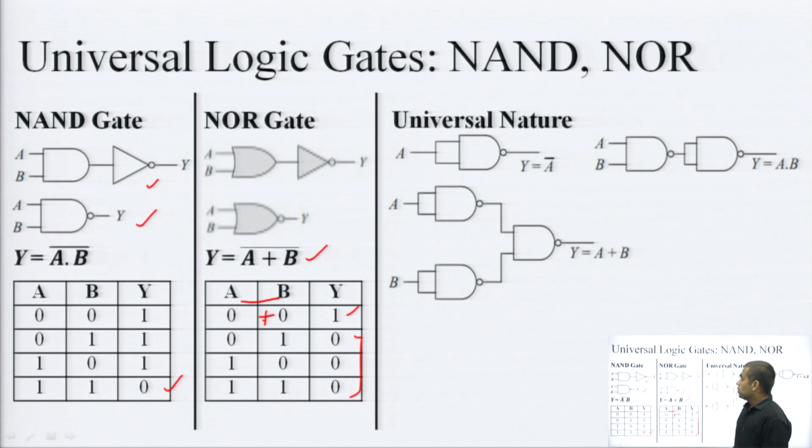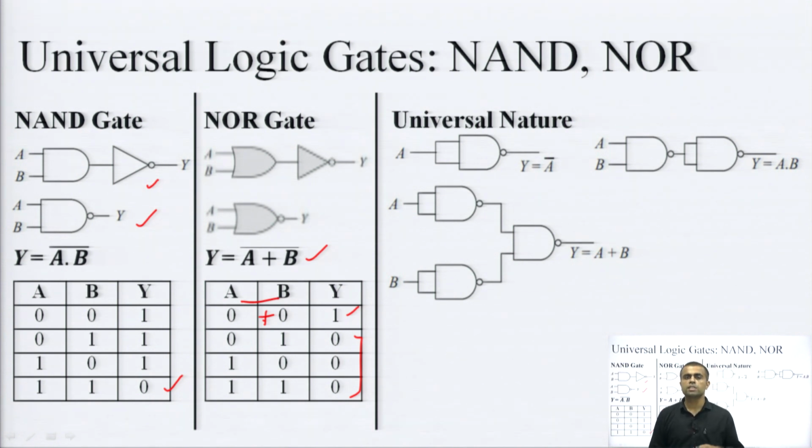Now, these NAND and NOR gates are also termed as universal gates. Why are these called universal gates? Because any other gate can be designed using these gates. That means, I can design a NOT gate, I can design an AND gate, I can design an OR gate, and 2 more gates are there: I can design a NOR using NAND, and I can design a NAND using NOR. So, all these gates can be designed using NAND only or NOR only. So, that is why these 2 gates are termed as universal gates.